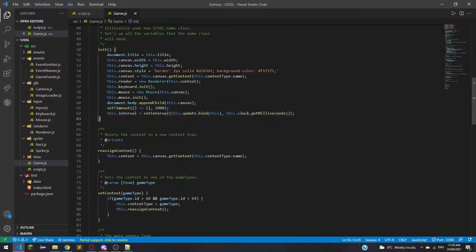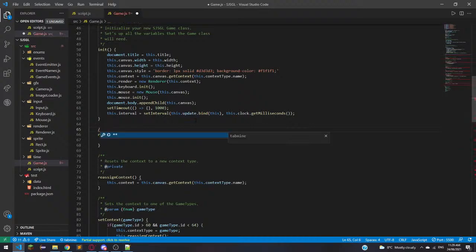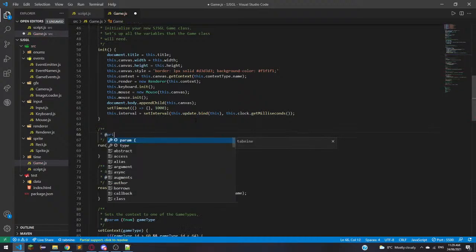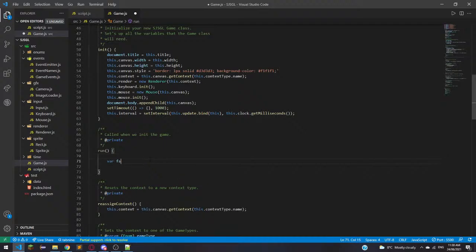We're gonna have a run method instead, which is also gonna be private. I'm sorry. Called when we init the game. So we have our FPS, so we'll say FPS